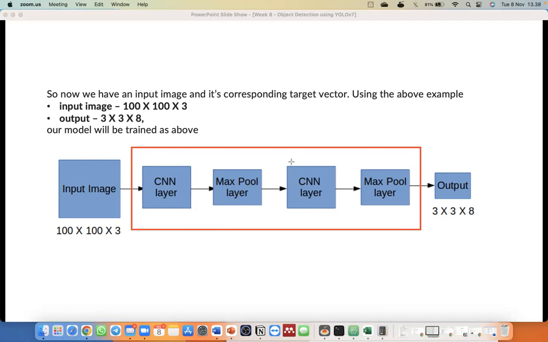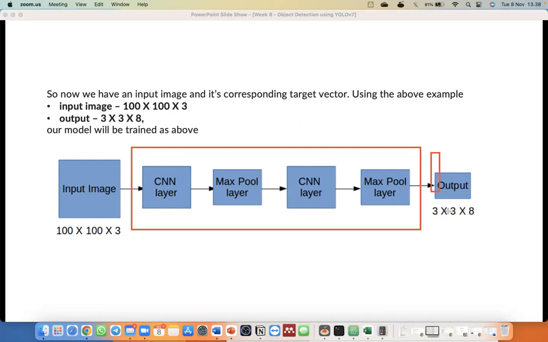And in this course, we will not discuss in more detail the CNN layer and max pooling layer, because there are more than 50 layers of CNN layer and pooling layer in YOLO version 7, and it contains a lot of them.